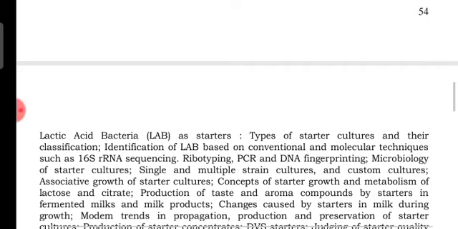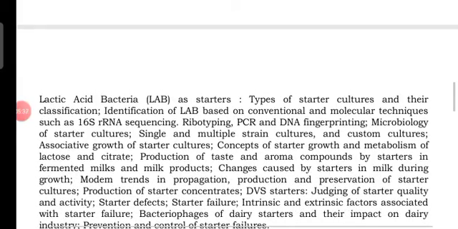of LAB based on conventional and molecular techniques such as 16S rRNA sequencing, ribotyping, PCR, DNA fingerprinting; microbiology of starter cultures, single and multiple strain cultures and custom cultures, associative growth of starter cultures; concept of starter growth and metabolism of lactose and citrate; production of taste and aroma compounds by starters and fermented milk and milk products; changes caused by starters in milk during growth;